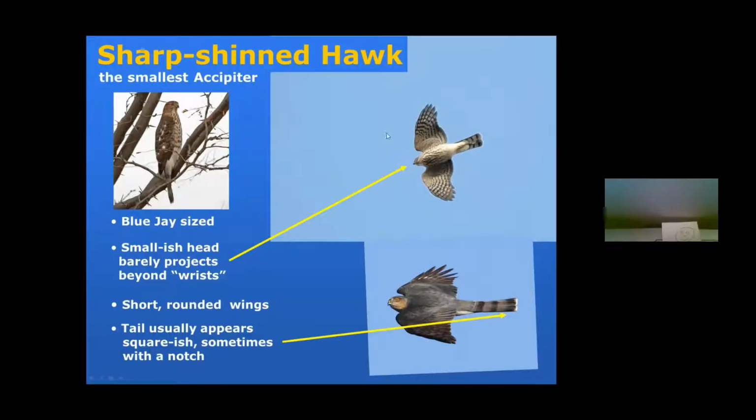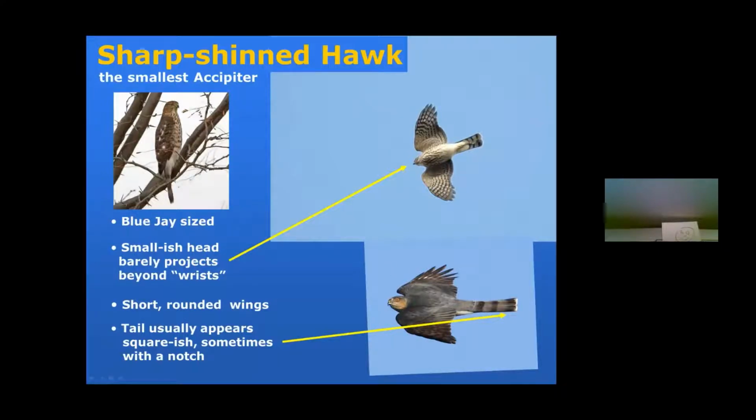Up here, this Sharpie, as it's affectionately called, you notice how this is the wrist of the wings, and it's in a glide. You notice how the head barely protrudes past the front of the wrists. That's one clue. Short rounded wings. It's not a nice proportional ratio of body to wing length. The tail appears squarish,